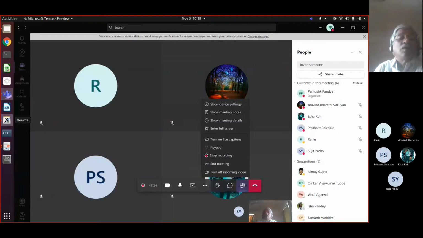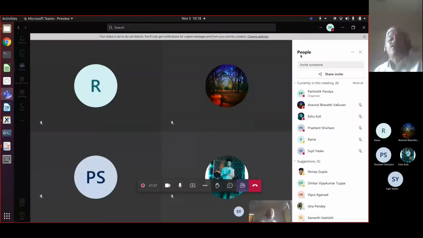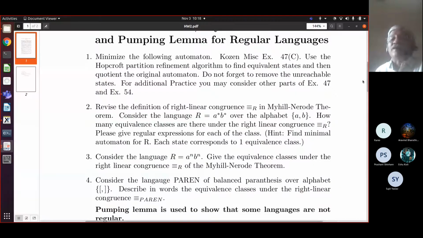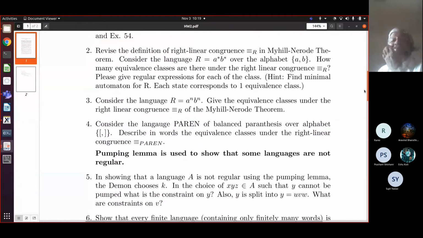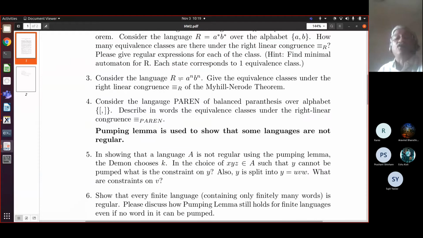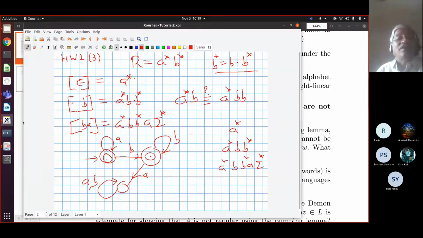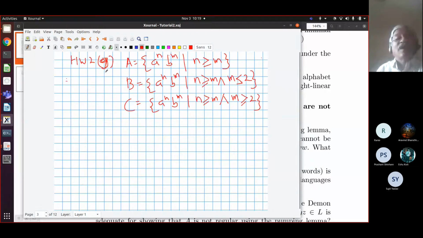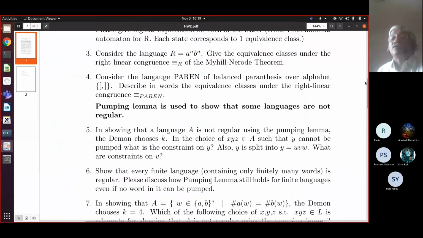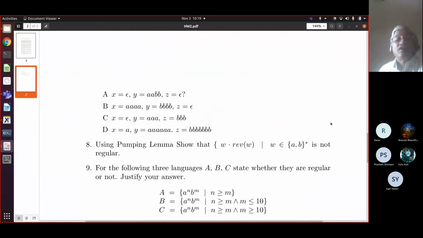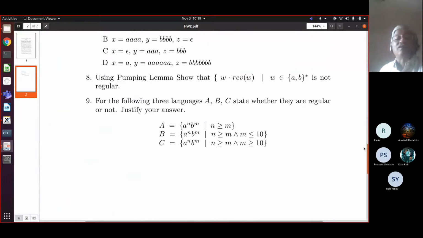Yes, that's very good. So there are two or three questions about finding this right linear equivalent, the language induced equivalence. And the important thing is that the language induced equivalence classes give you the states of the minimum automaton, which is also found by the Hopcroft algorithm. Okay. Any questions here? If there are no questions, I will go to homework 2, question 9. If you want to ask any other questions, you have to ask, but I think we should move on.